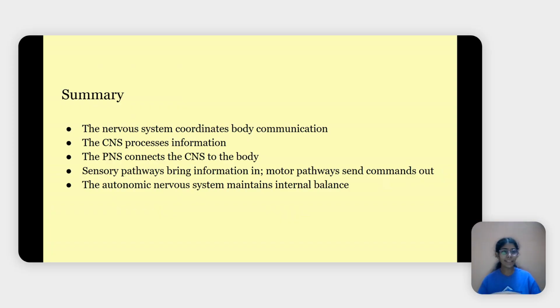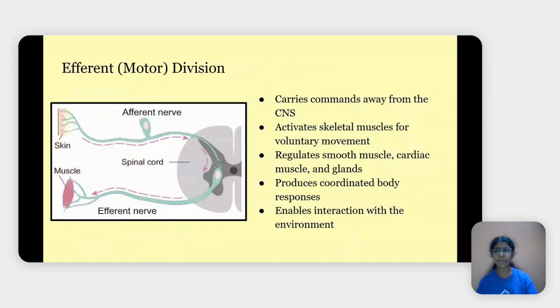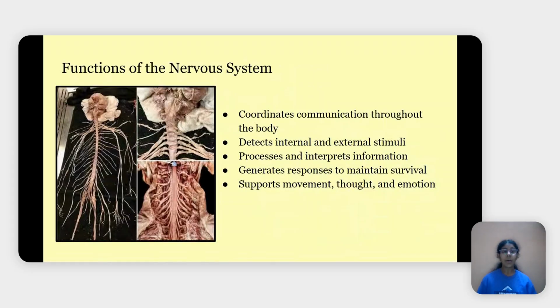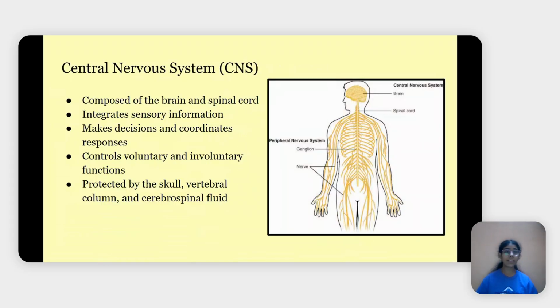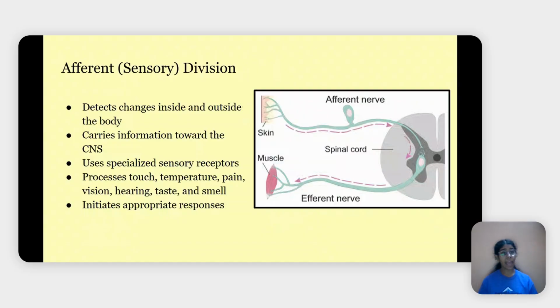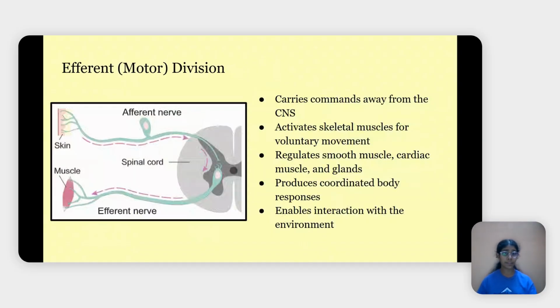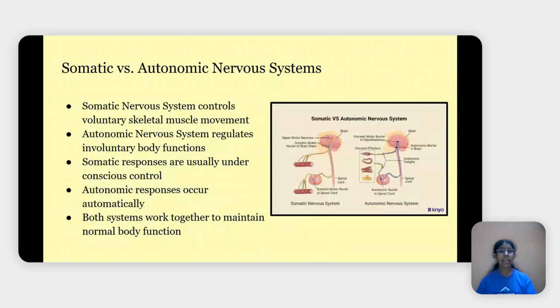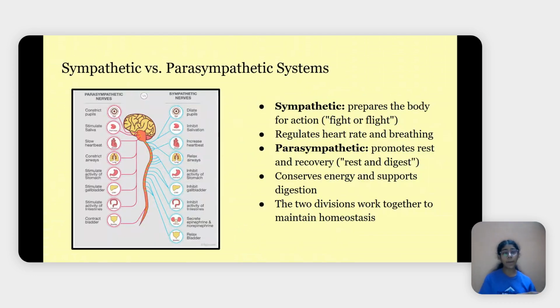Now, I understand that in this module we had a lot of hierarchy, so let's break it down a little bit, just as a quick overview. We have the nervous system. The nervous system is divided into the central and peripheral nervous systems. The peripheral nervous system is divided into the afferent and efferent nervous systems, or pathways. The efferent pathway is further segregated into the somatic and autonomic nervous systems. The autonomic nervous system is then divided into the sympathetic and parasympathetic systems,